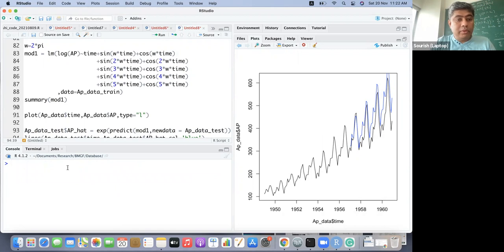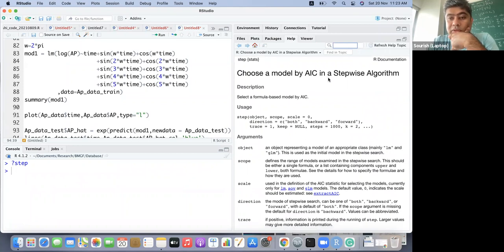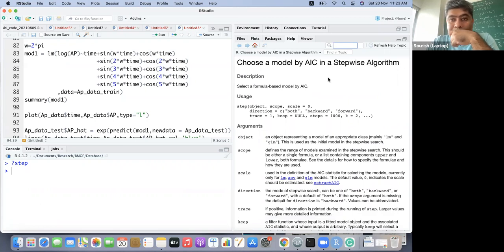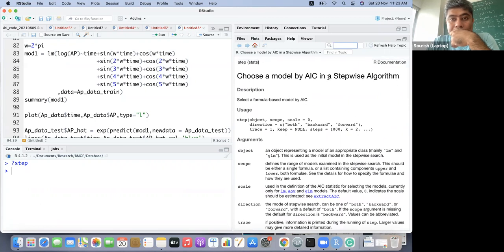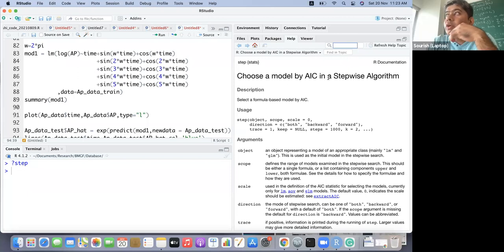Have you tried stepwise variable selection? Has it been taught to you? Like forward selection, backward selection, all those things? No, sir. Okay. So you can do lasso selection, the variable selection.